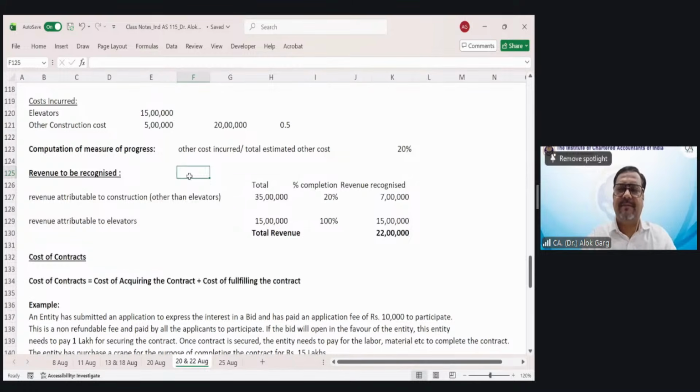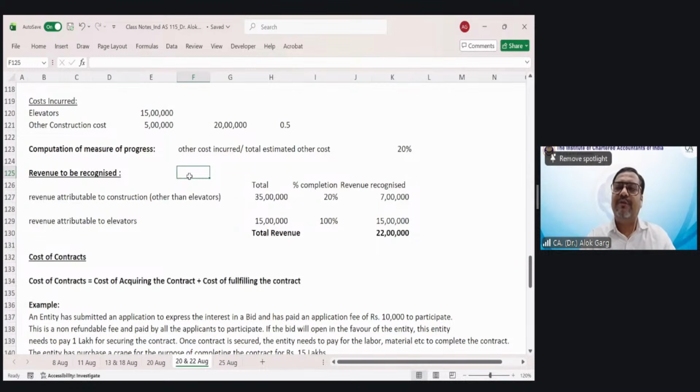As a part of the bid requirement, whomsoever is the winner of the contract, he has to pay 1 crore rupee of non-refundable deposit. Non-refundable deposit means expense, right? So non-refundable money. Now, friends, this is a cost of acquiring the contract. Now tell me, if you are an entity and you know that I will get a contract for a 5-year period. Okay. And I am paying 1 crore rupees upfront as a cost. Now tell me whether this 1 crore rupee has to be expensed off immediately.